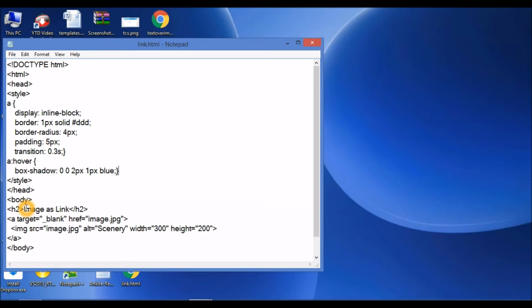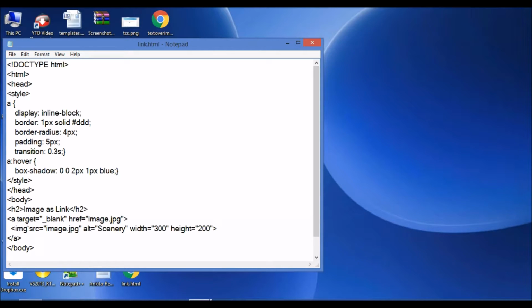Well, I have taken an anchor tag and I have given the reference as image.jpg. Then I have defined my image here, and in the anchor tag I have set the target as blank.